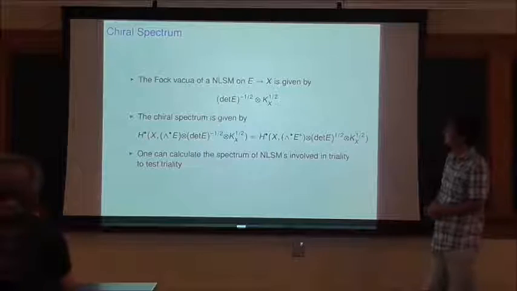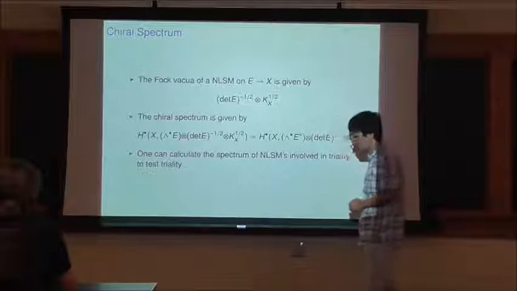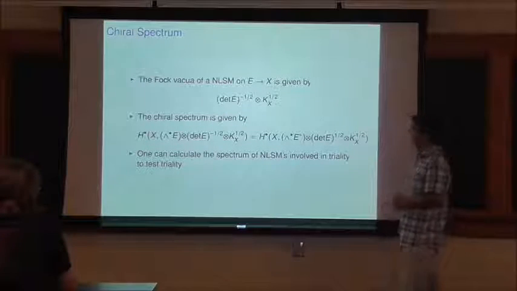First of all, the first thing you have to realize is the Fock vacuum of the (0,2) gauged nonlinear sigma model with gauge bundle E is not